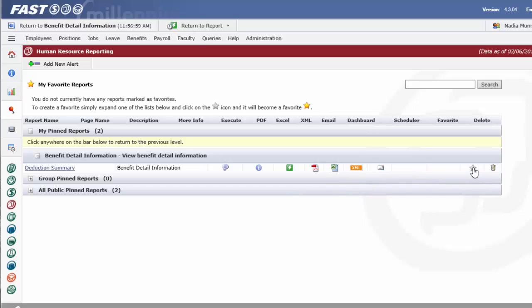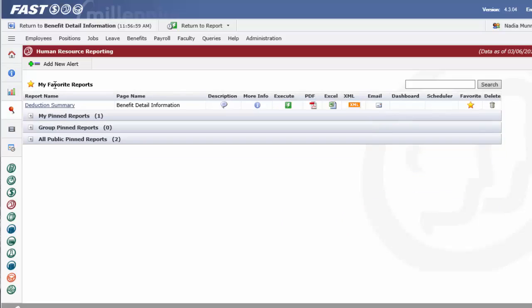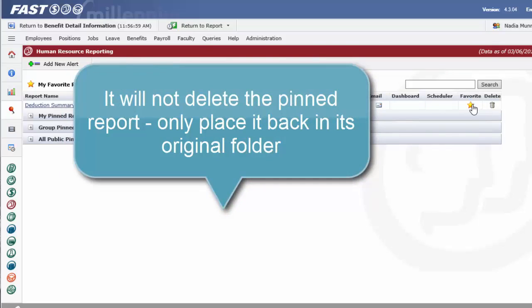And of course, if I select my favorite star and turn it yellow, it's going to place that on the top of my page with my report favorites. Now you can tag as many reports as you'd like as a favorite, and by clicking on the yellow star, it's now been selected as one of my favorites. If you ever change your mind, you can certainly click it again to take it out of your favorites library,